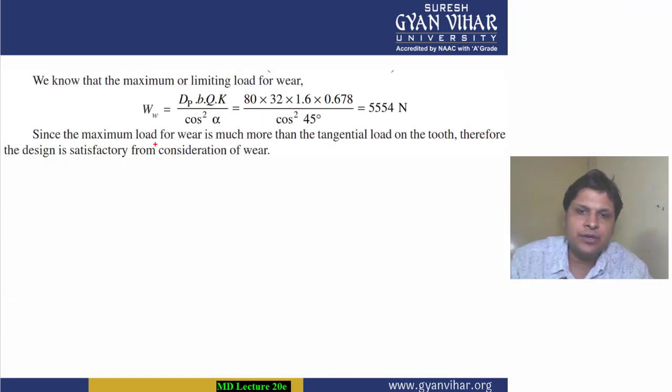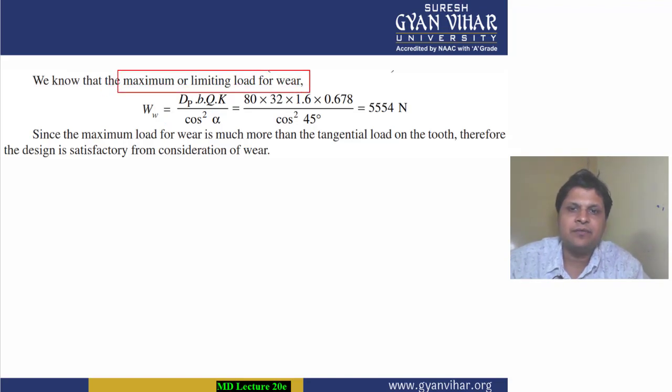Now through this we will calculate the value of maximum or limiting load for wear. The formula is: limiting or maximum load for wear is equal to dP B Q K upon cos square alpha. K is the load stress factor, already calculated in the previous step. Q is the ratio factor. All right, dP and B are already calculated. Putting all the values you will get the value of limiting or maximum load for wear